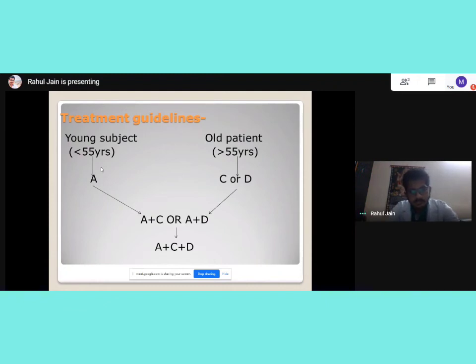And then after maybe 1 week, we can see the improvement. If there is no improvement or if the results are inadequate and we are not able to reach the target of below 140/90, then we add on the drug. Either we make it ACE inhibitor plus calcium channel blocker, or we make it ACE inhibitor plus diuretic. Basically, what we mean to say is, after the first line, when we go to second line, having an ACE inhibitor in the regimen is a must.